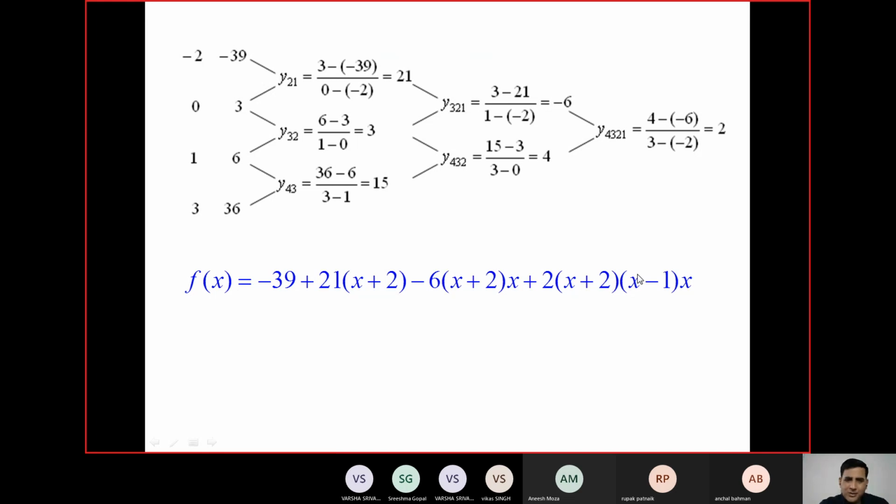Now for your previous column, use this divided difference technique and try to develop this table. You can do it by hand or in an Excel sheet. Then let's see how things are getting changed. This is another technique which gives another interpolation, and obviously this would be much better than the previous techniques.